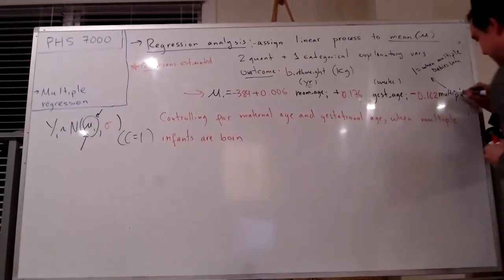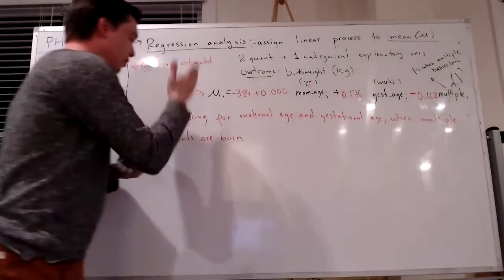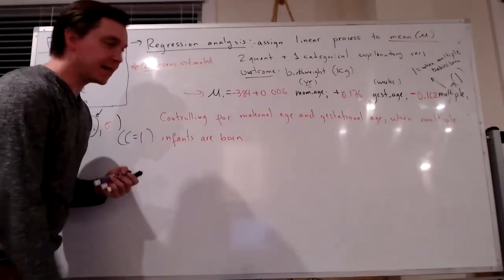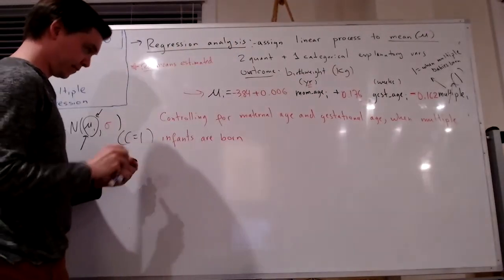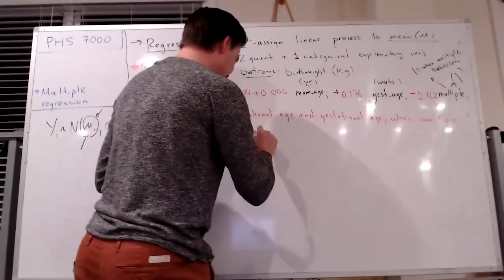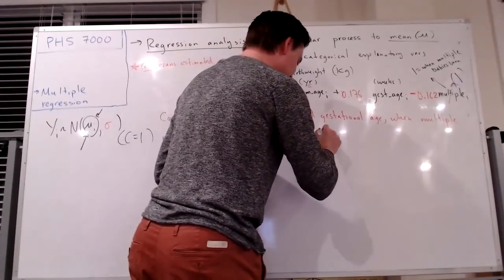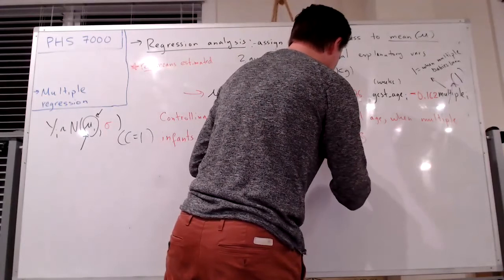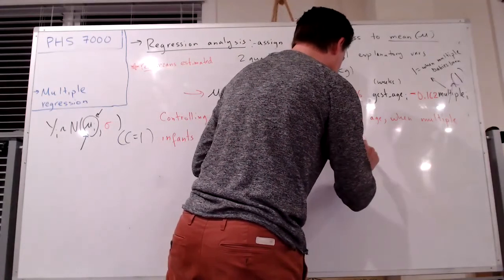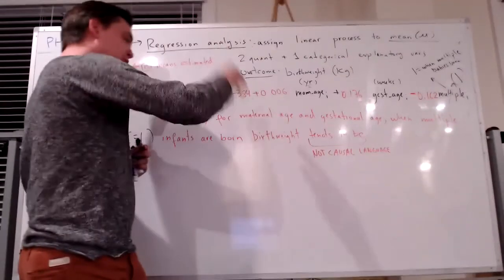I'm setting this equal to 1 when I say when multiple babies are born. Controlling for maternal age and gestational age, I'm saying keeping these things constant. When multiple infants are born, birth weight tends to be, not causal language. Please pay attention. Causal language. Birth weight tends to be